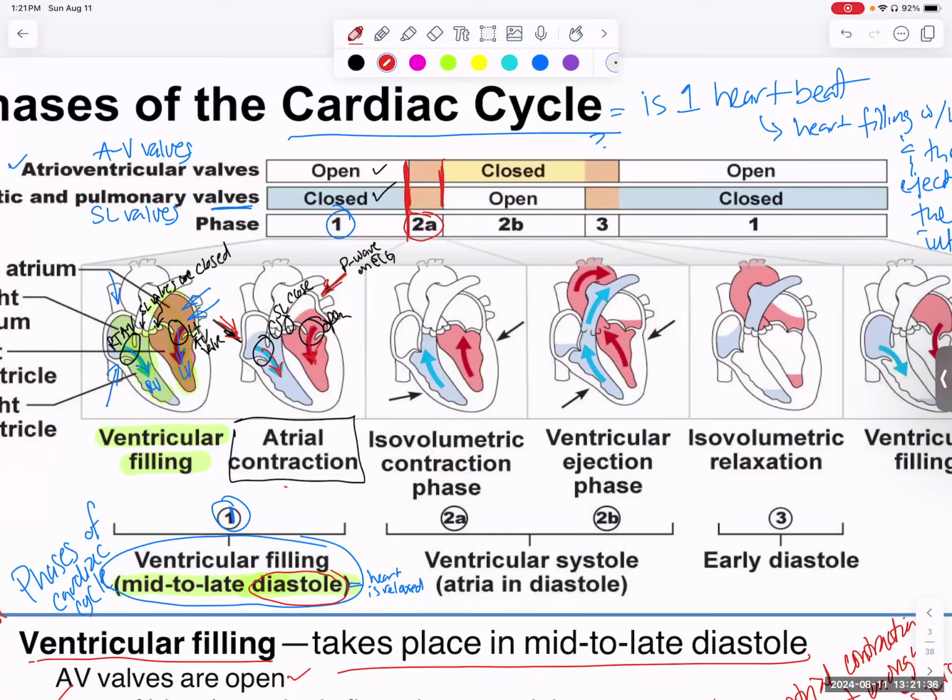But during this period, this 2A period, all valves are closed. AV valves are closed and semilunar valves are closed. All valves are closed during phase 2A. So if all valves are closed and there is this amount of blood and it's not changing, but ventricles are contracting, iso means same volume. So the isovolumetric contraction phase is when all of the valves are closed